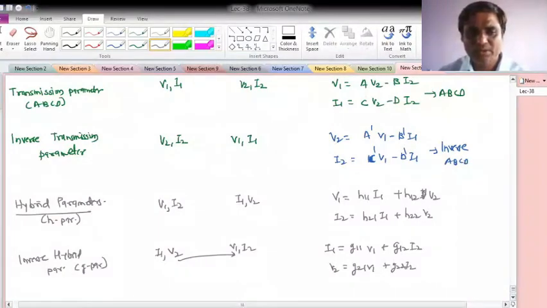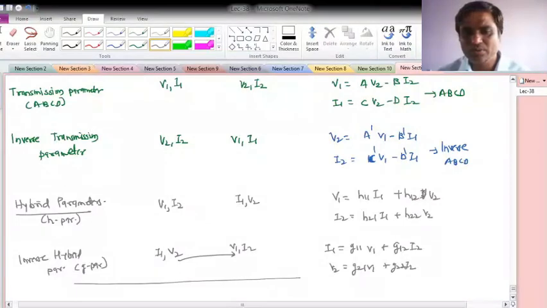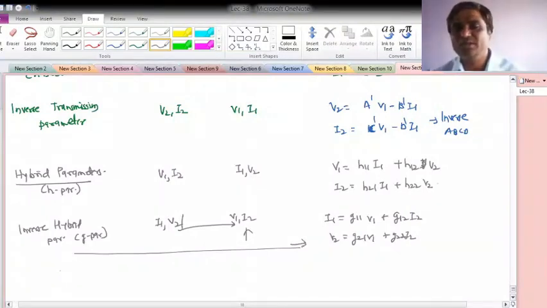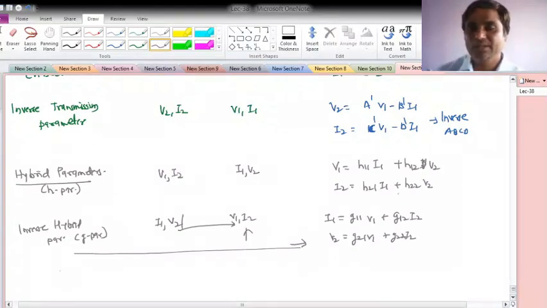So these are the various parameters: the dependent variables we are using, the independent variables, and the equations. With this you can compute the parameters by either short circuiting or open circuiting the network. There are also more advanced parameters, but that is out of scope.